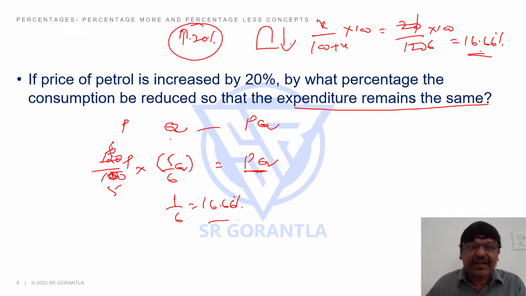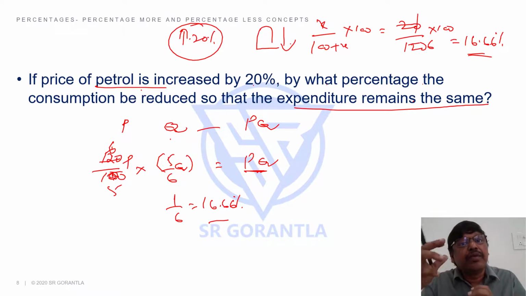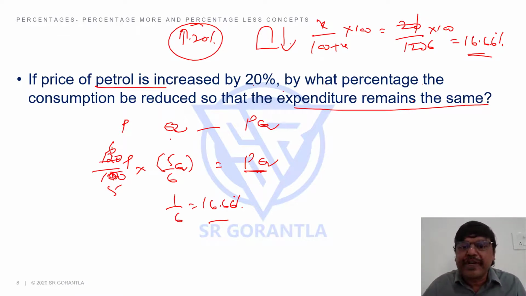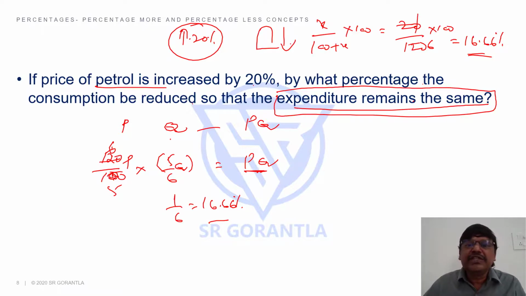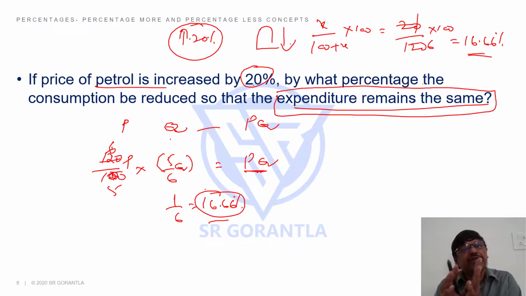back to the original number, or one item price is coming down, quantity should increase by how much, or price is increasing, quantity should reduce by how much, so that the total expenditure remains same. For example, sometimes petrol price is increased by 20% students. If you reduce the quantity by 16.66%, you will have the same expenditure. But see, you need to go to office, you need to do your work. Sometimes you may not be able to reduce it by 16.66%. Suppose you reduce it only by 10%. Then what happens? Your expenditure will increase.